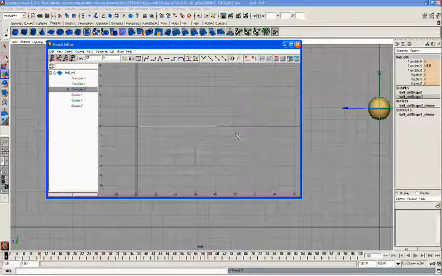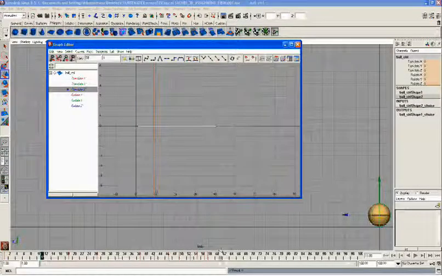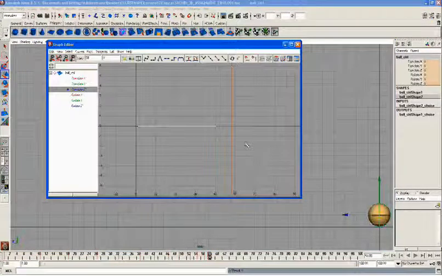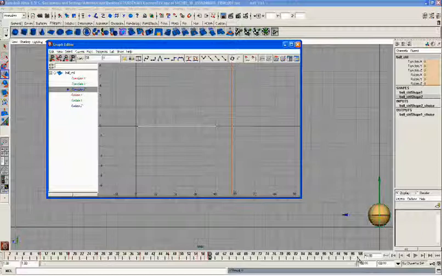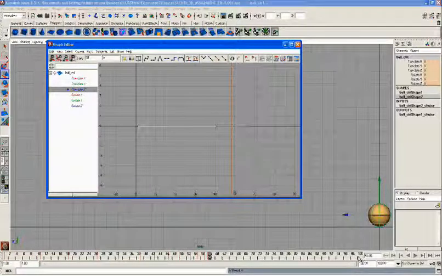I'll select this last key, which is maybe on the 58th frame or so, or maybe more. Because we have 100 frames and it is restricted, try to animate it in 100 frames itself.